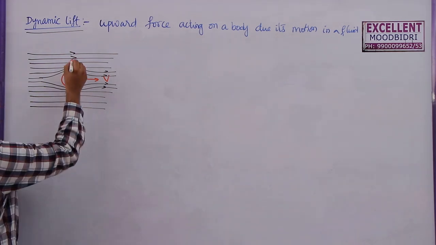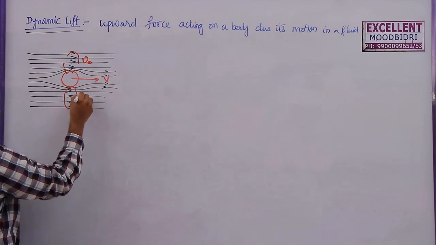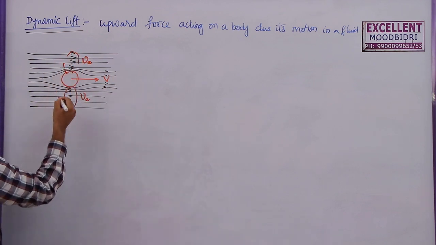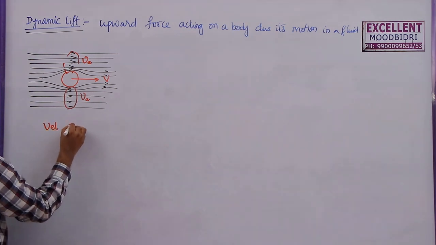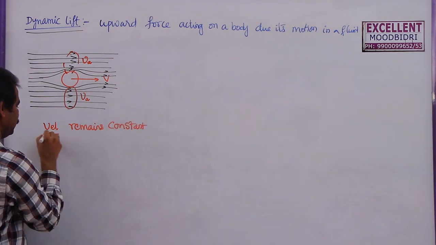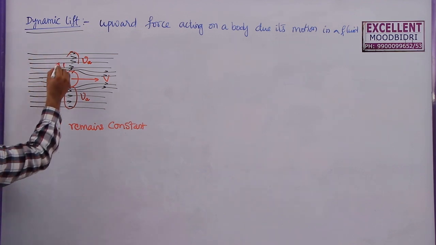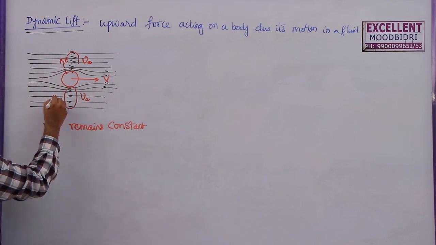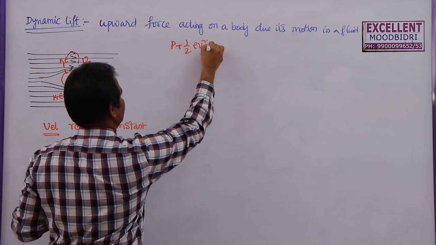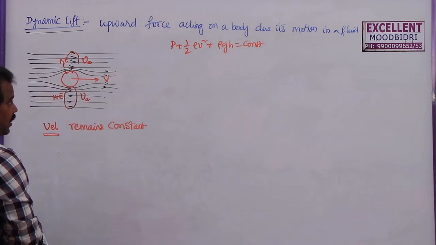Here the velocity is, let us say, V air. The velocity of these streamlines also will become V air. So velocity remains the same on the top of the ball as well as the bottom of the ball. There is no velocity difference here. That means the kinetic energy of the air above the ball is equal to the kinetic energy of the air below the ball. According to Bernoulli's theorem, P plus half rho V square plus rho g h is equal to constant. So whenever the velocity is constant,